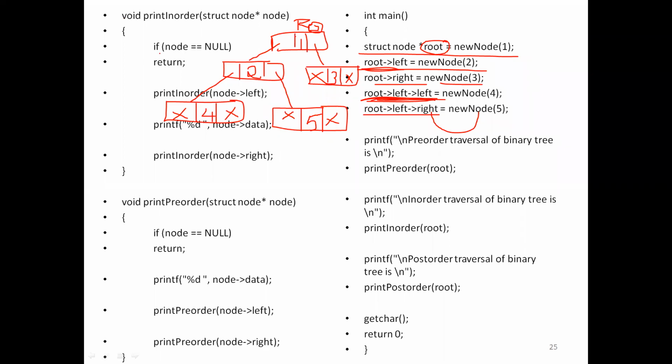First is what? If node equal to null. In our case, root is not a null, right? So, if root is null, it will just directly return. It comes out of the function itself. Now, in our case, it's not like that. If it will not work, it will not work first.